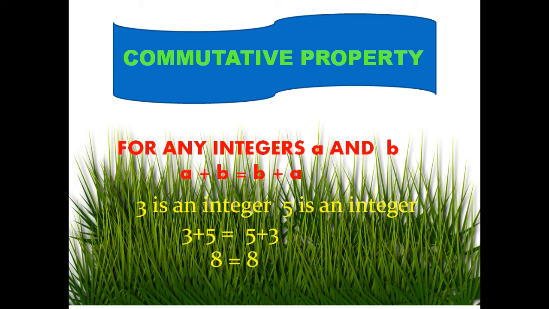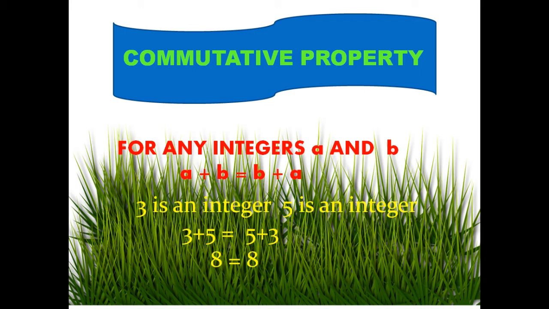Here on the right side, only the addition order changes into the reverse. On the left side I am adding 3 first and 5 next. On the right side, add 5 as the first number and 3 as the next number, so 5 plus 3 is also 8. Both sides we got the same answer, which means if you change the order, we still get the same answer: a plus b is equal to b plus a.